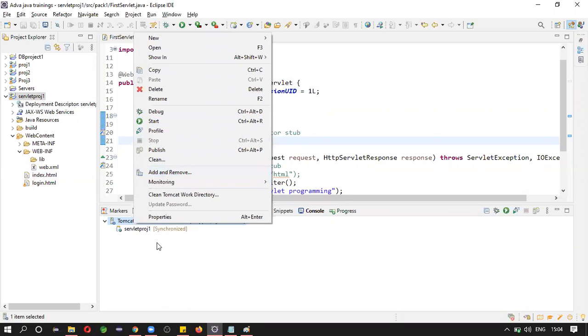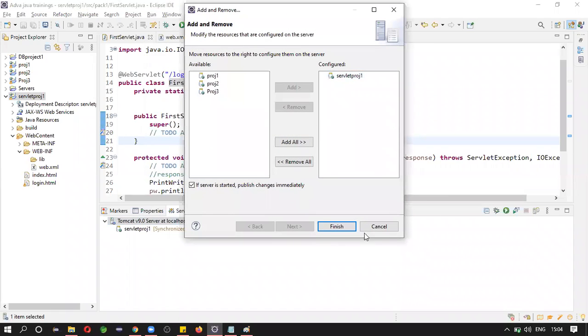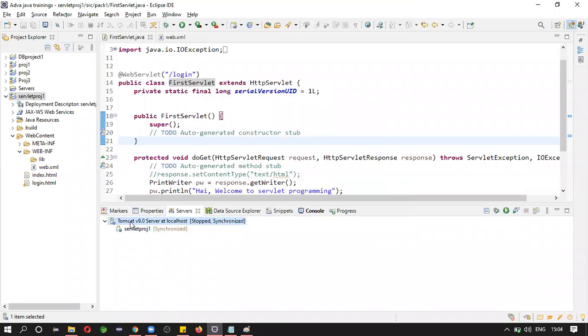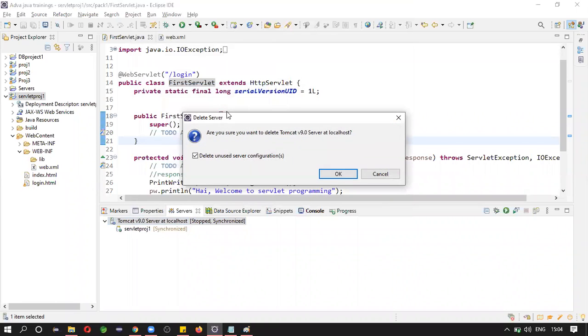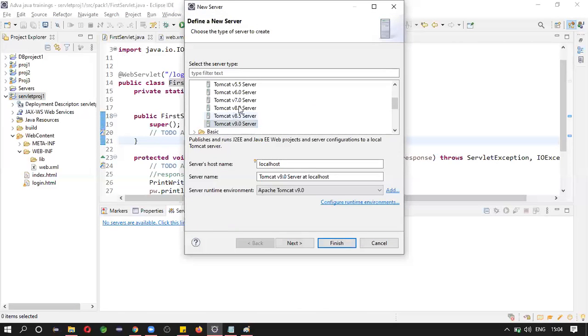See here how to remove the server. Click on add and remove. So it's not right. You can directly delete. Now let us start. Let us see. I already have version 7, I hope.